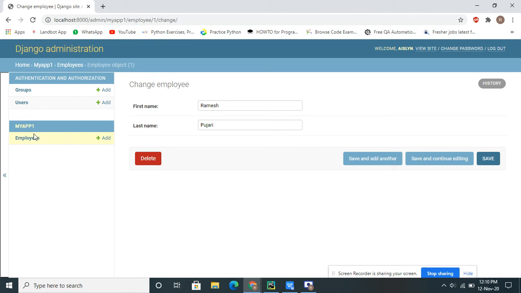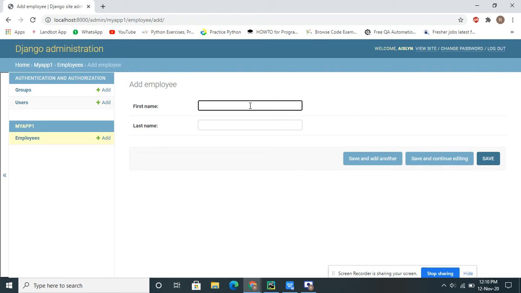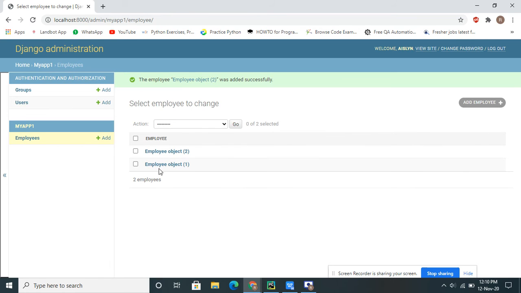So now I will add one more employee, so that you can observe. I will add one more employee name and click on the save button. See, you can see it is not showing the object name, meaning the name is not showing. Why?